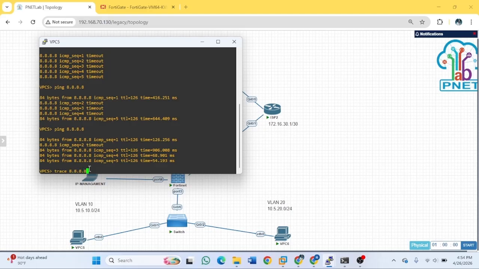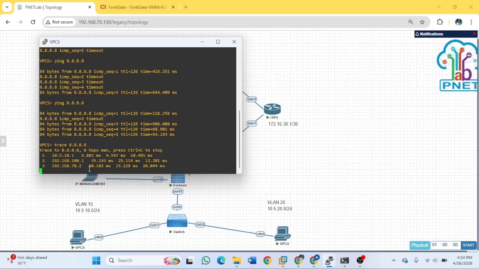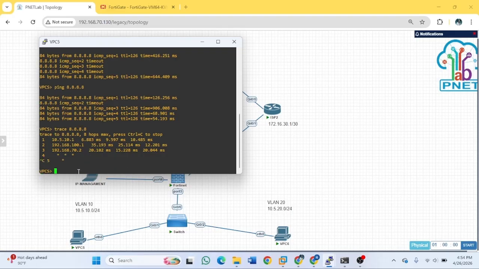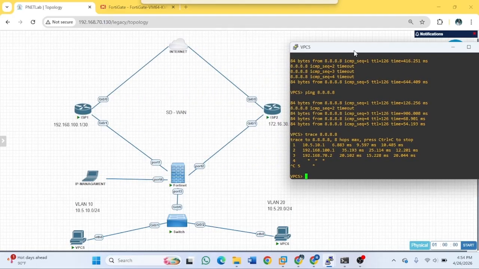What's the way to the internet? The way is ISP1, the Fortinet first, and after that go to ISP1, and after that go to the internet.